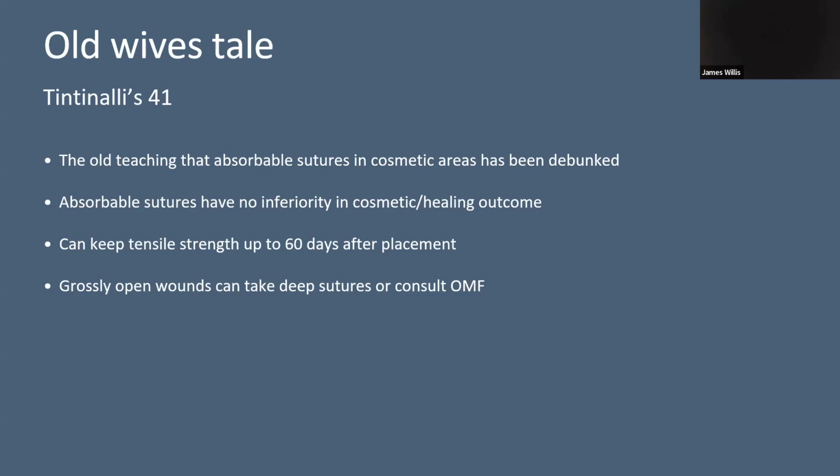You can open up the box. It has instructions and data, and it'll tell you how long it lasts. The fast absorbing gut is like 5 to 7 days, which is really what we want. Monocryl is going to be a little bit longer, but I think that's acceptable because the fast absorbing gut can